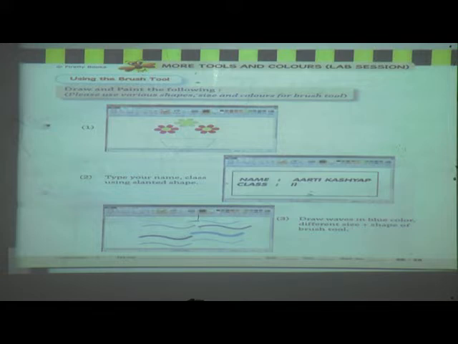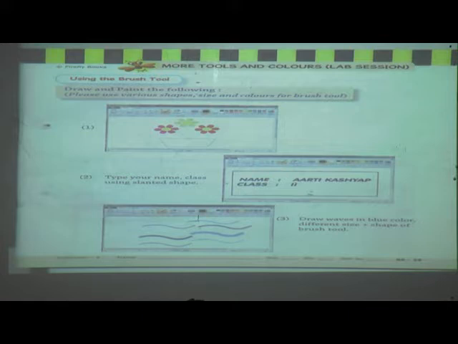Draw and paint. How to draw a flower you know very well, and how to give color by using the fill with color tool. By using the shape tool, we can draw this flower, this downside shape also, and by using the line tool we can draw lines. Next, the second one is how to write a name by using the text tool, and how to draw these different lines.